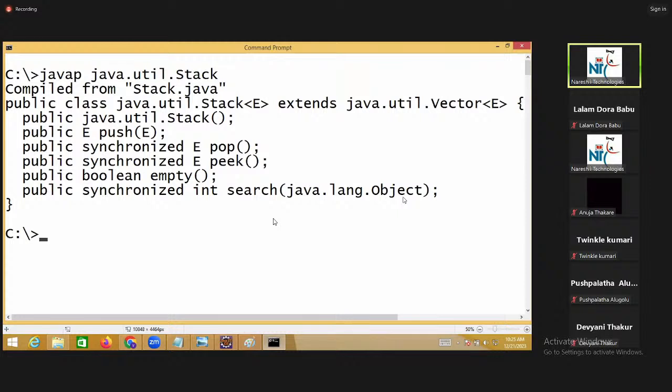All have understood the statement what I am speaking, right? Generic. Generic means the components which are ready to accept any types. Which are ready to accept any types are known as generic programming components.